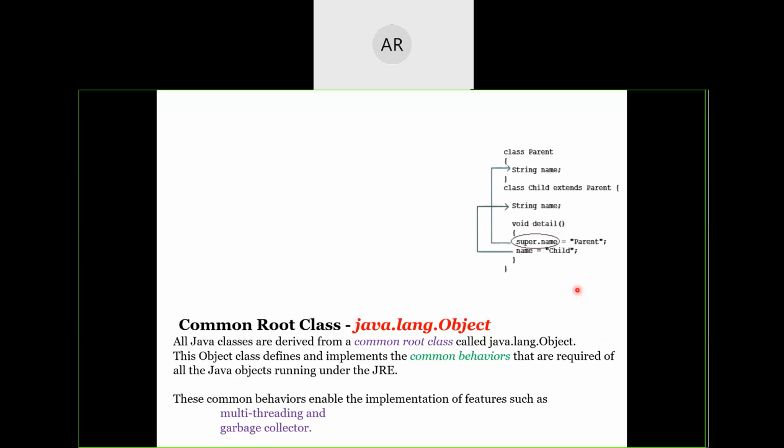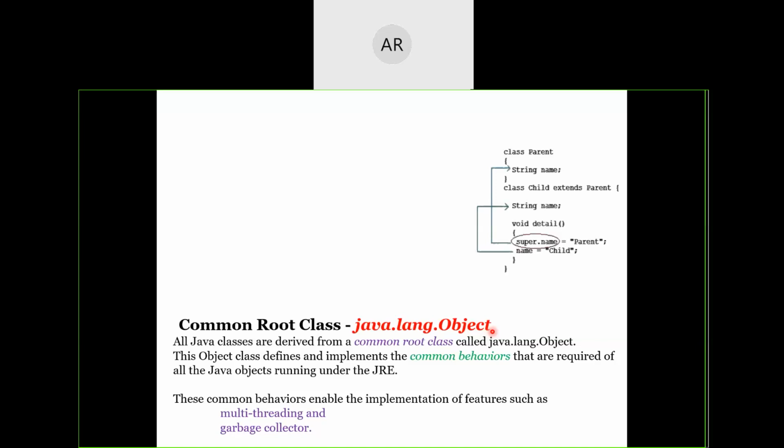So what is the first and foremost class that exists as the root class for all the objects? The root class that has been inherited by all the objects in Java is the Object class. This is the name of the class itself, and it is called the root class.